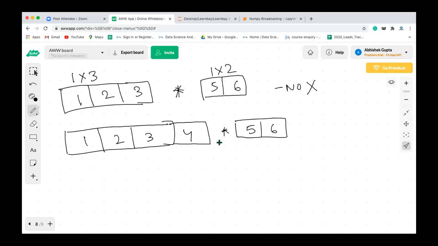Now the rule which I was talking about. So the rule is, first of all, you need to find the shape of both the arrays.